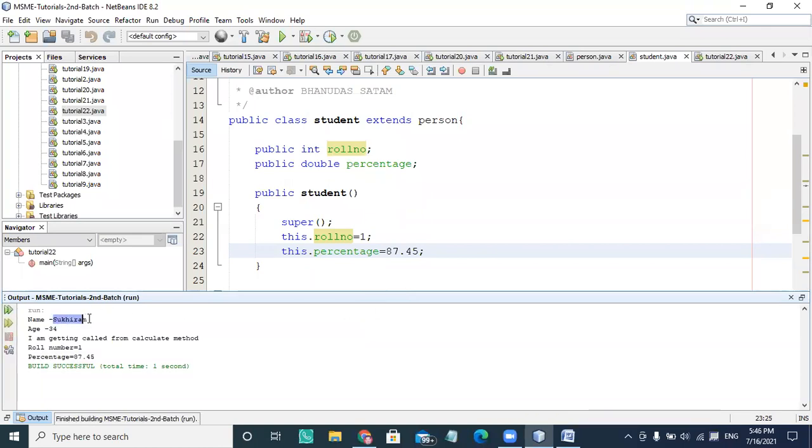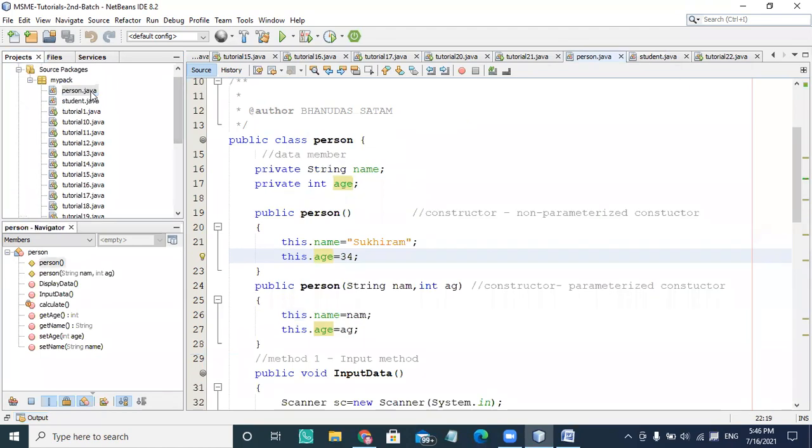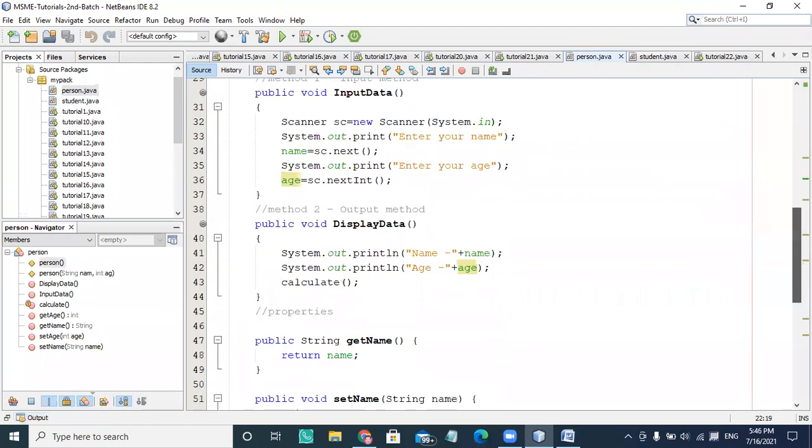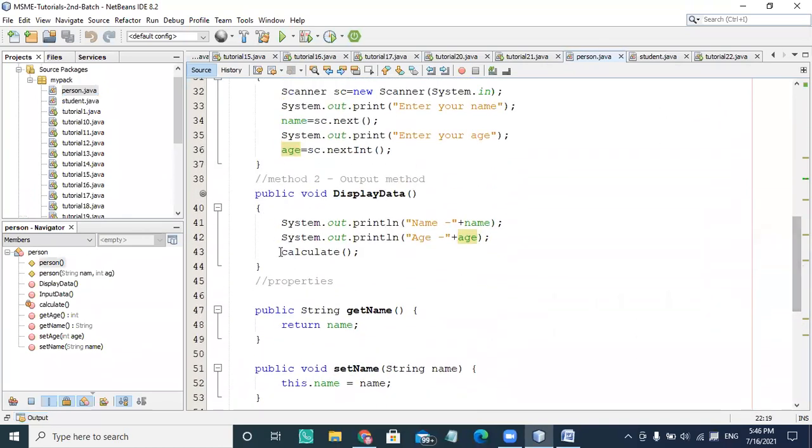So you are getting the output here, showing the initialization: name is Sukhiram and age is 34. And I'm getting a call from the calculate method because my Person class has a calculate method. I'm not going to call this calculate method here, so I'm just making a comment.